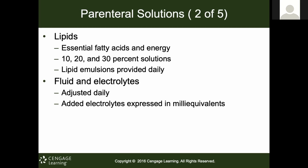Lipid emulsions are available in 10, 20, and 30% solutions, providing 1.1, 2.0, and 2.9 or 3 kilocalories per milliliter, respectively. Therefore, a half-liter container of 10% lipid emulsion would provide 550 kilocalories. The same volume of a 20% lipid emulsion would provide 1,000 kilocalories. In the US, the 30% lipid emulsion can be used for preparing mixed parenteral solutions, but isn't approved for direct